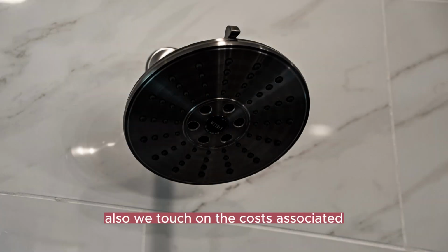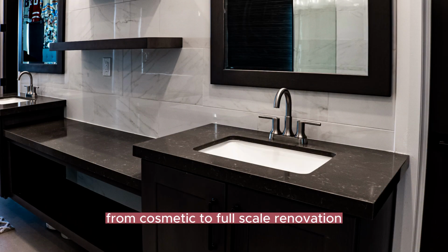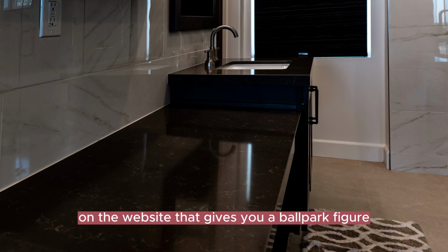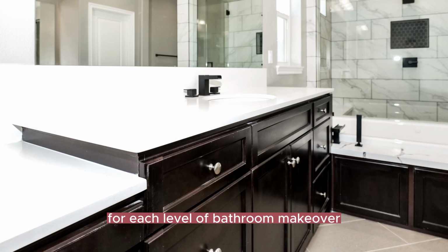Also, we touch on the costs associated with each level of remodeling, from cosmetic to full-scale renovation. Don't miss our interactive cost estimation table on the website that gives you a ballpark figure for each level of bathroom makeover,